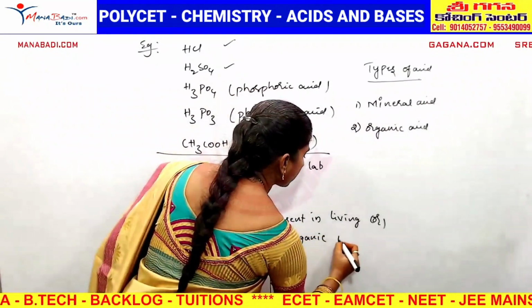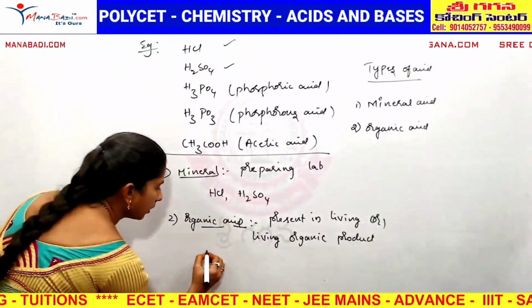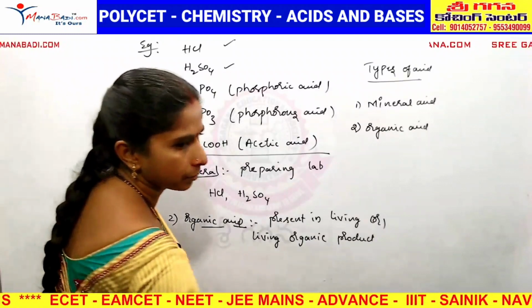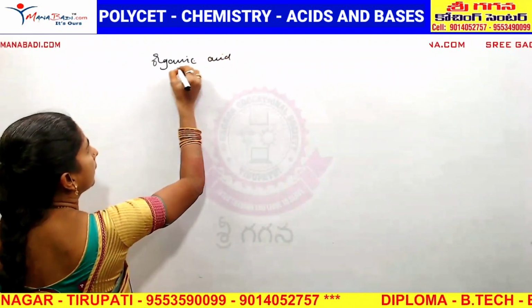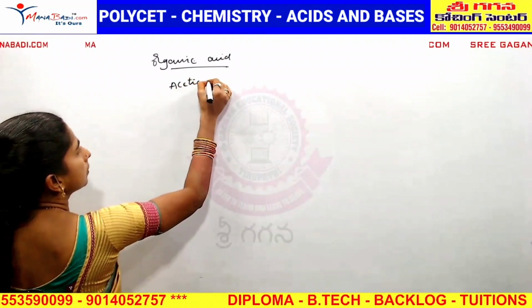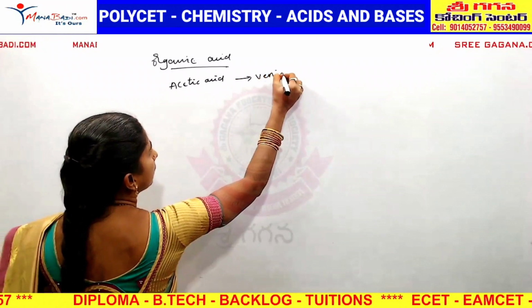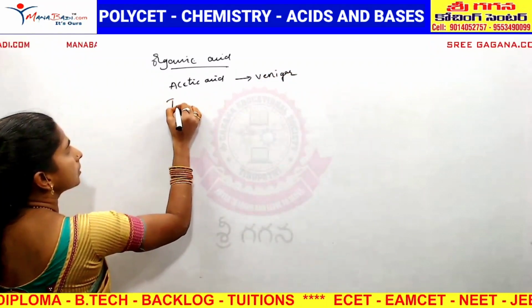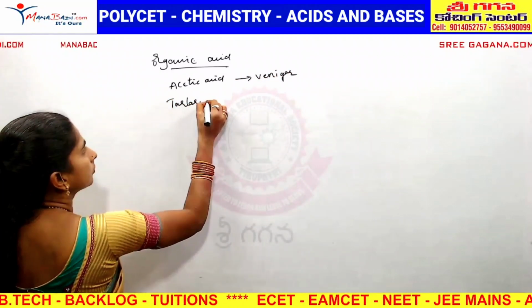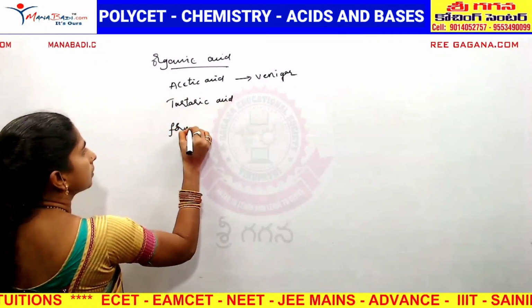For example, acetic acid, which is present in vinegar, tartaric acid, formic acid,